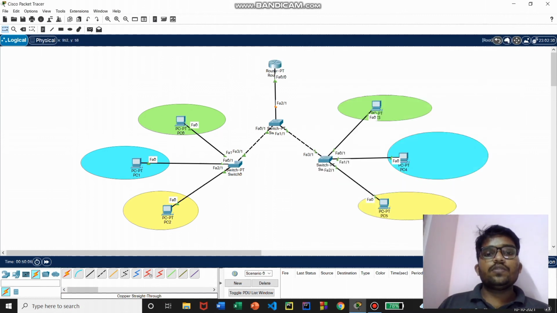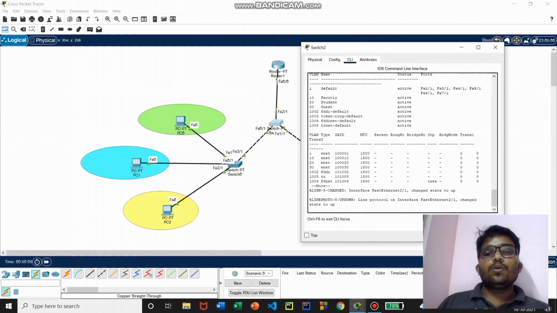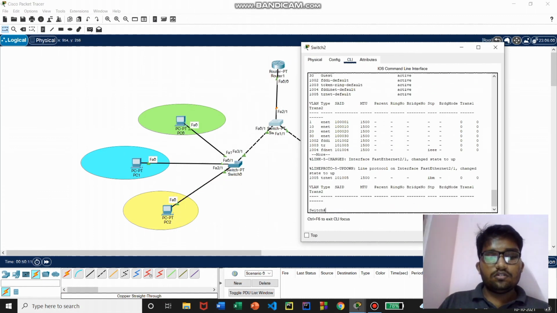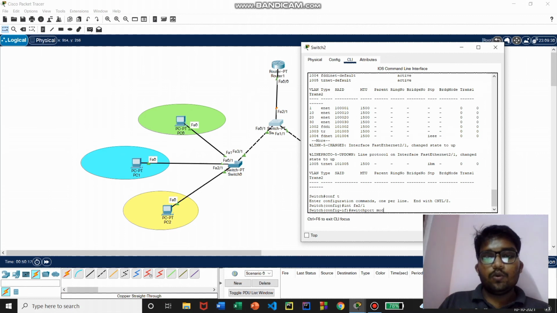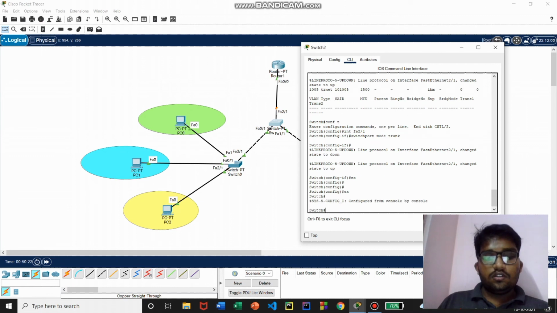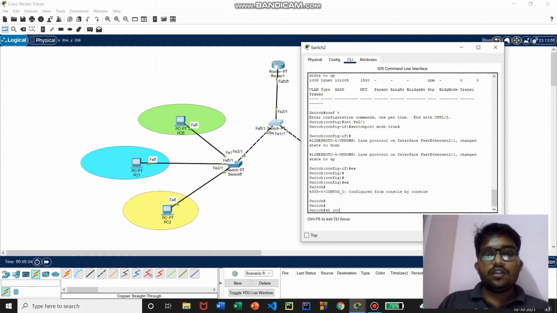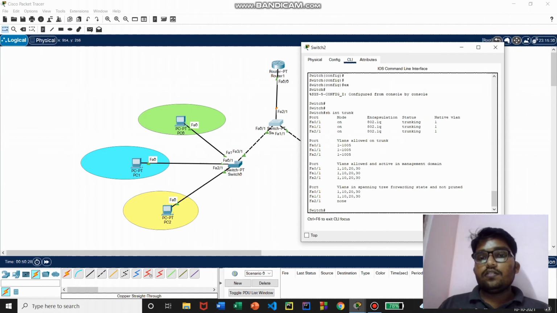Now what we have to do is set this interface in the switch CLI as trunk mode. We'll do that. Config terminal, take the interface fa 2/1, switchport mode trunk. That's it. Now if we view the interfaces that are trunking right now, with the show interfaces trunk command, you can see fa 0/1 in this one, and fa 1/1 in this one. fa 2/1 is the interface between the router and switch that is trunking right now.